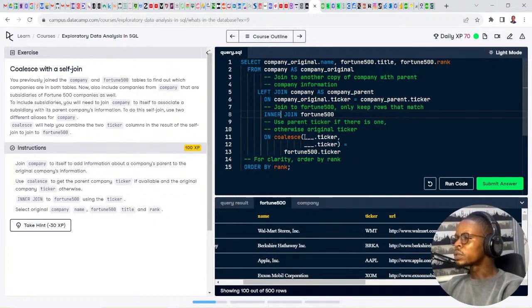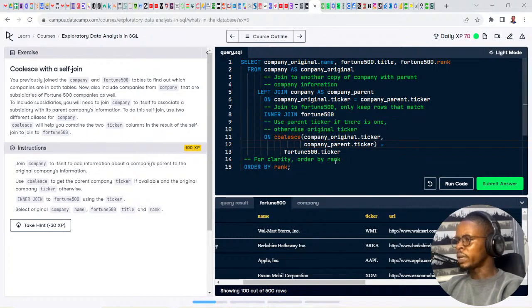Oh, so I see coalesce here. So I'm going to copy this company original here. So once you want to use it, so equals to this 4500 ticker.